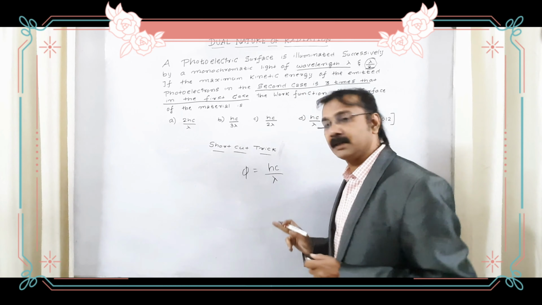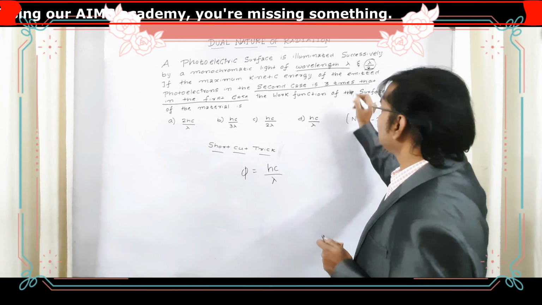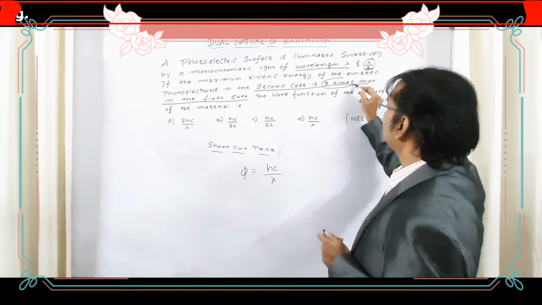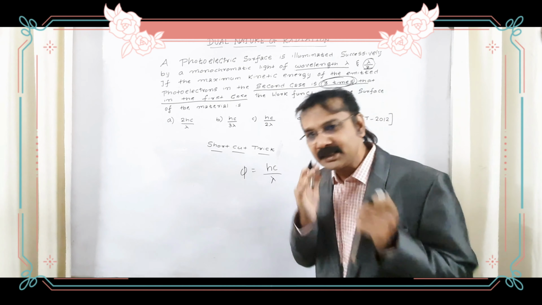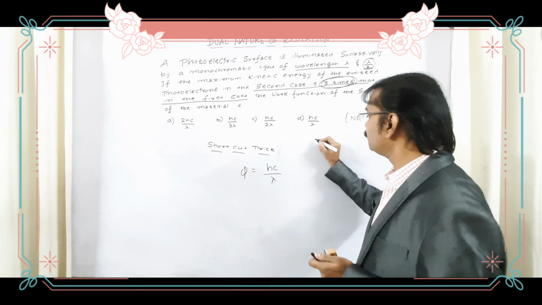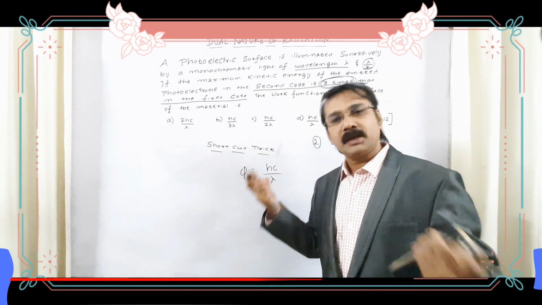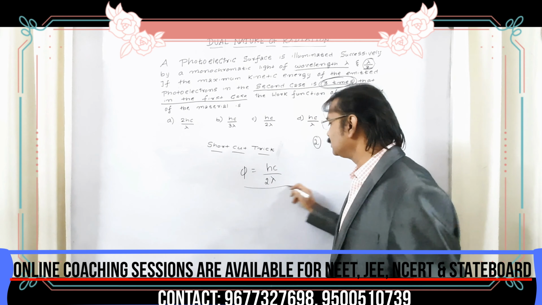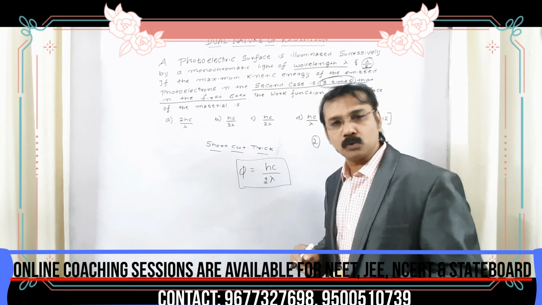Now I have to find the number which has to be inserted in the denominator. To find the number, see what number is given. It has been given as 3 times. If it is given as 3 times, what is the number before 3? The number before 3 is 2. Now we can insert that number 2. Yes, that's all. We have finished the answer within a few seconds. The answer is phi is equal to Hc by 2 lambda.